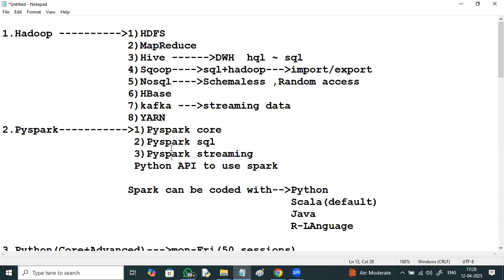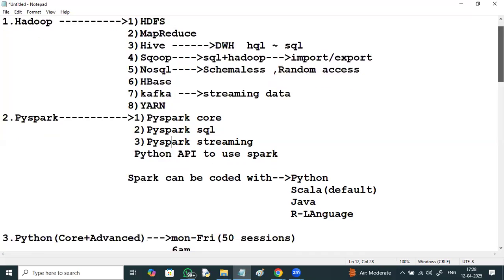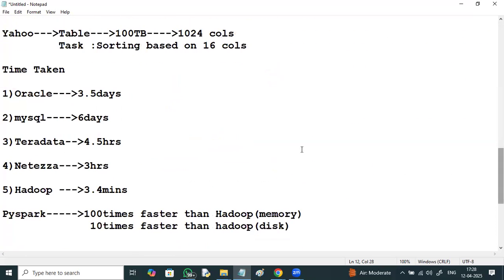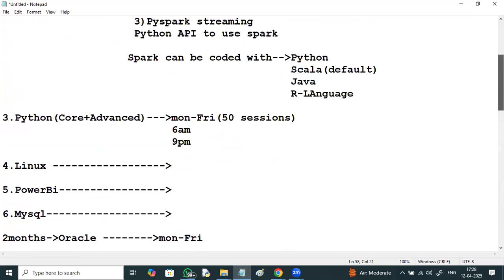What is going to be discussed? Tomorrow we'll have the technical aspects: why we need to go for Hadoop, PySpark, and what. Just as I was briefing you, very high speed is proven in the market. Hadoop and Spark both are proven in the market with very high speed, right? 100 times faster as compared with the other things.